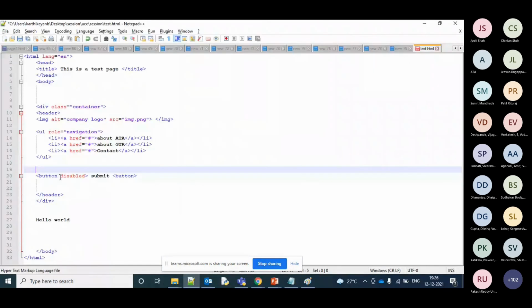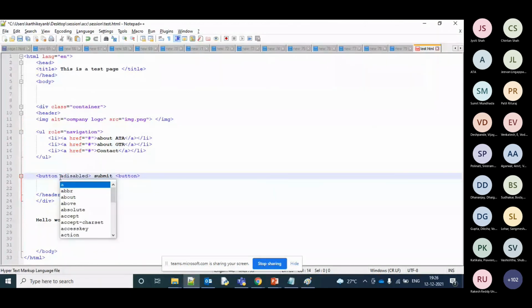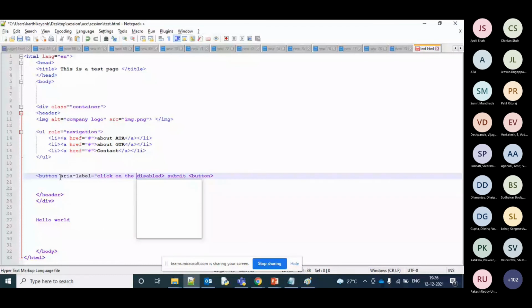So what we have to do is, wherever we want to describe something, we can use aria, and then aria-label. So this content will be read out. Like click on the terms and conditions to submit.